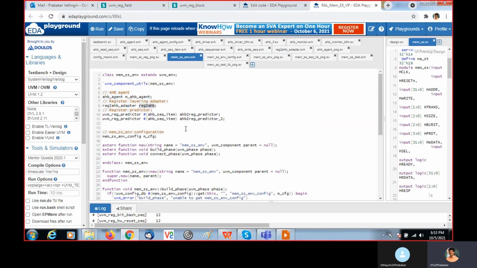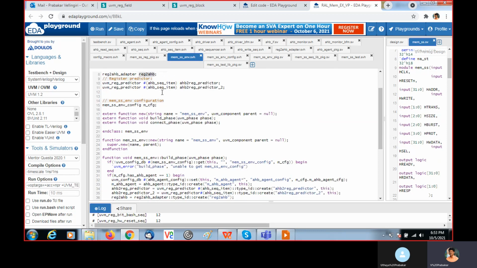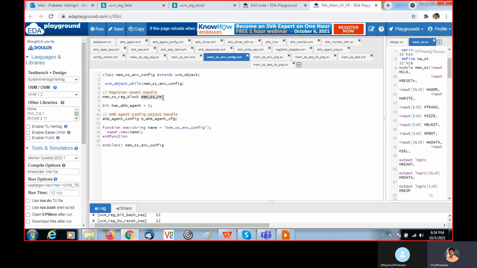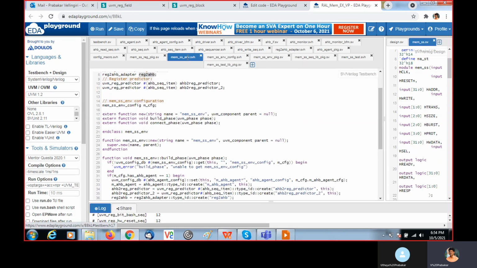It is going to support the parameter AHB sequence item. Then SS env config. This is the file where we instantiated this register model. So this we instantiated in SS env as m config.